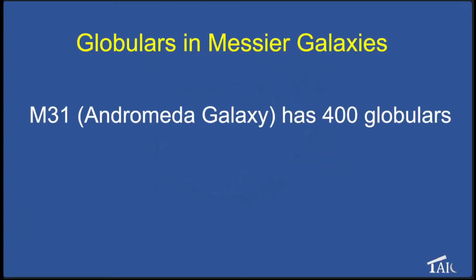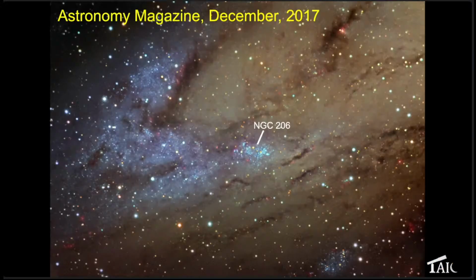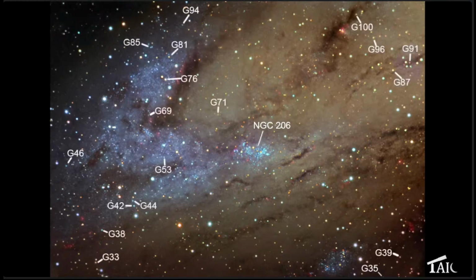M31 Andromeda has 400 globulars. And again, if you've taken pictures of M31, you may have imaged some of them without knowing it. This is an image that I got published in the December 2017 issue of Astronomy, and the subject was the giant star cluster NGC 206 in the Andromeda galaxy, which is about 4,000 light years in length. But it turns out I also imaged about 18 of M31's globular star clusters,